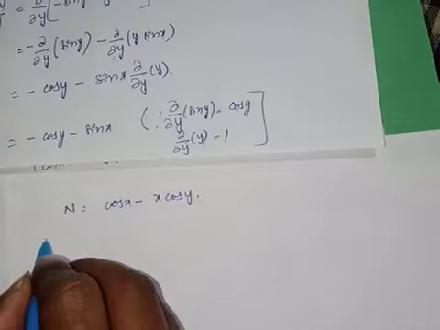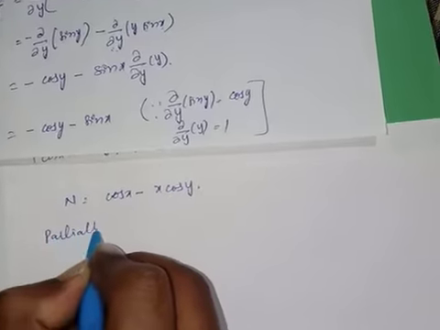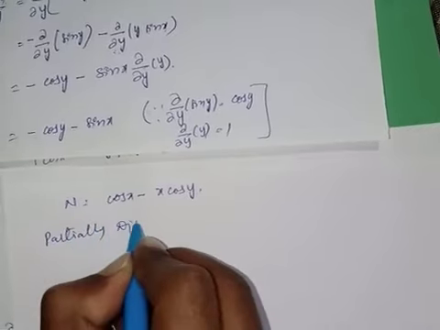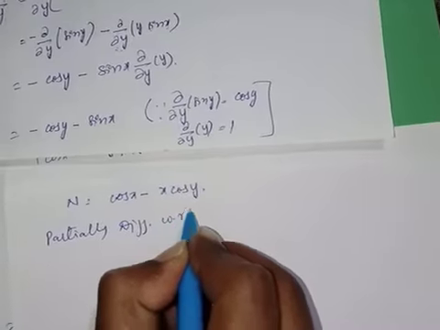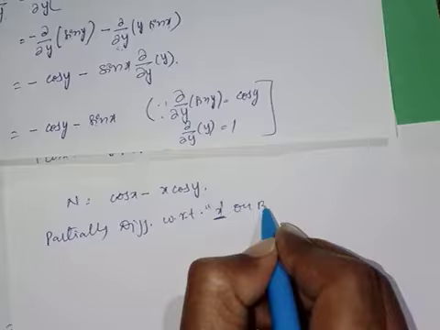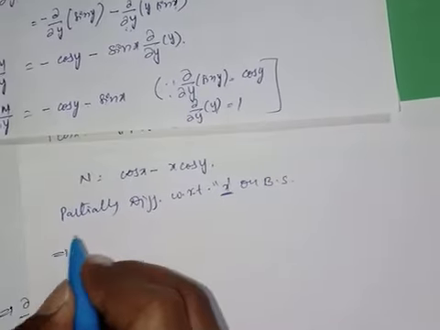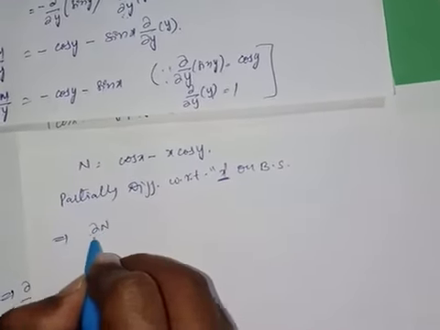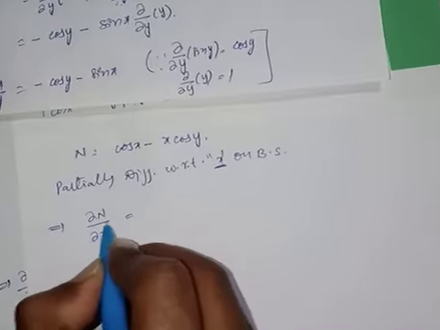Here partially differentiate with respect to x on both sides, that is ∂N/∂x is equal to